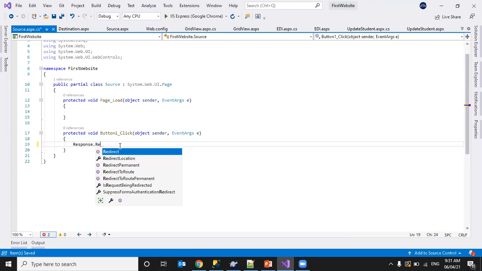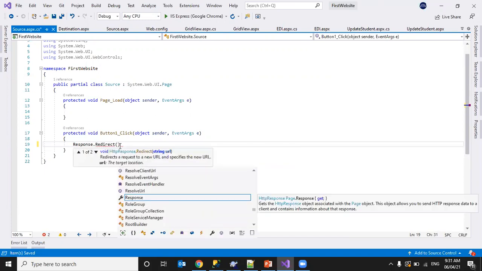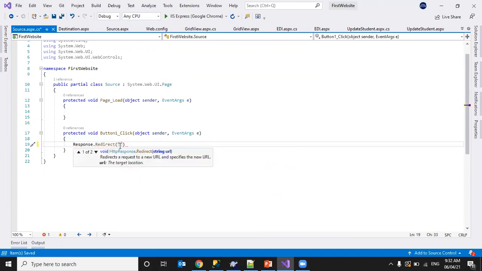Response.Redirect. So what is the URL? Destination.aspx. Now I want to pass some information using query string.